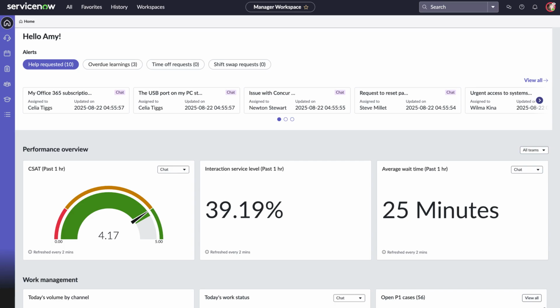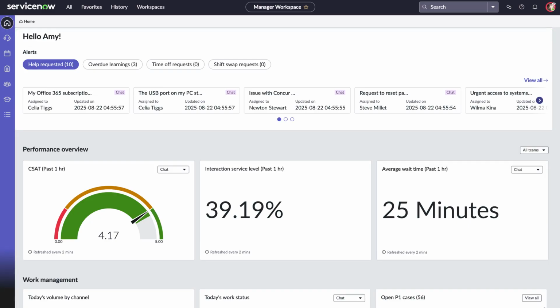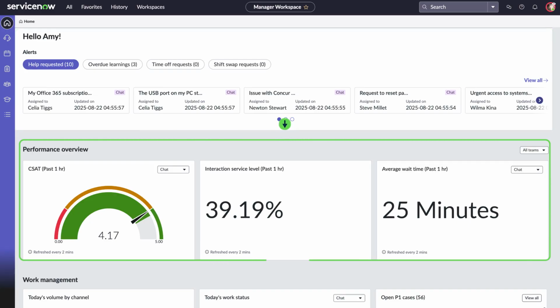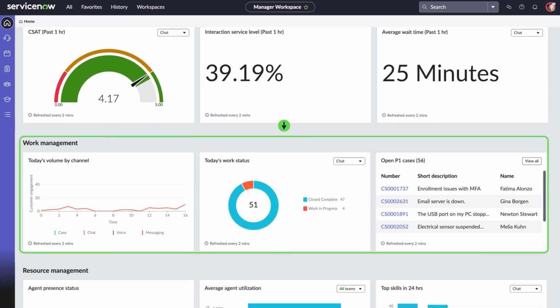team performance. These alerts provide managers with information regarding help requests submitted by agents, including overdue learning tasks, time-off requests, and shift swap requests initiated by agents. She can see the stats on team performance, like satisfaction rate and service levels for interaction and average waiting times. Work management also gives her instant visibility into the volume of interactions across channels, today's work status, and open P1